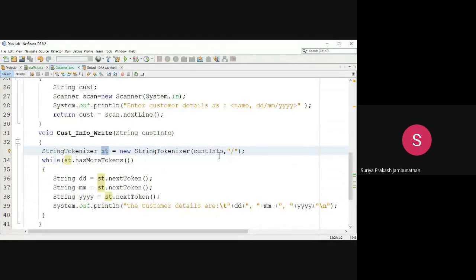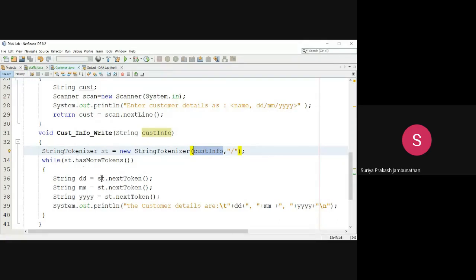We are passing the parameter, the input we received from the input method, that is Raj, 23/03/2020, and slash is the delimiter. That means you have to remove the slash and retrieve the values. That is the main thing. Here the important part comes, and you have to understand it properly. We are using a while loop with st.hasMoreTokens. What happens is that every time, the tokens will be retrieved and stored in a separate variable.